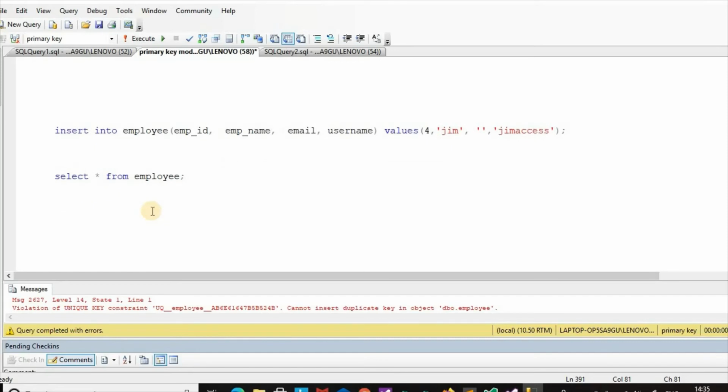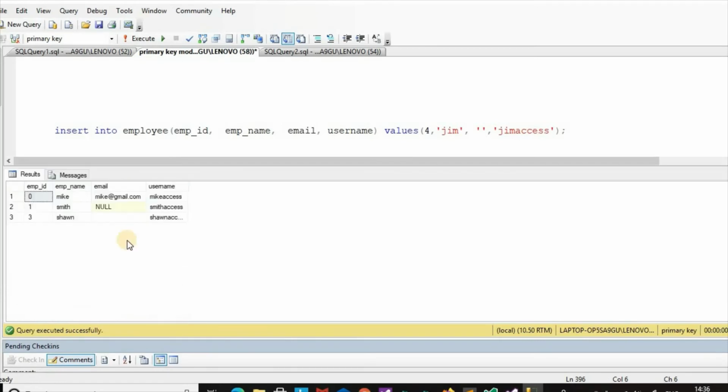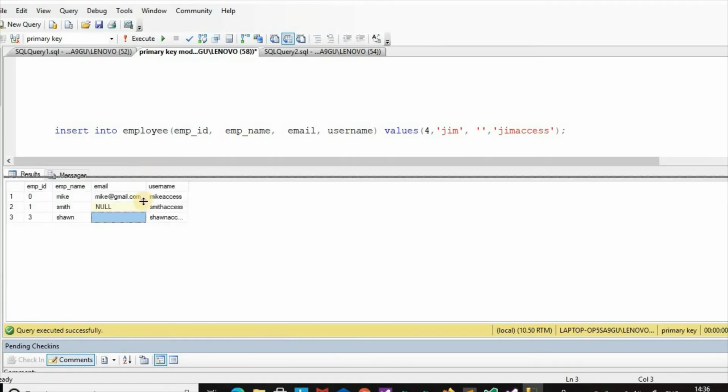In a primary key, no record can have a null value, and if there is a space, it is considered as zero, so there may be only one record having zero. We can see here only one record added with space.